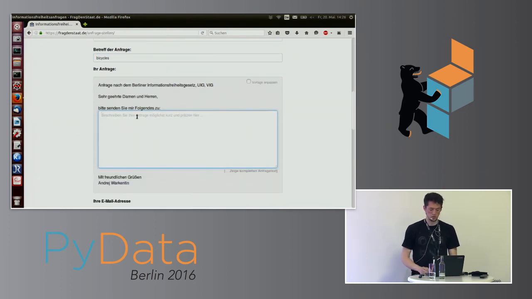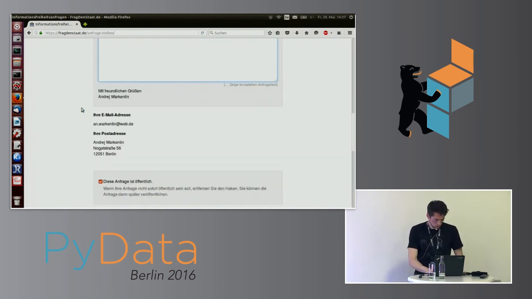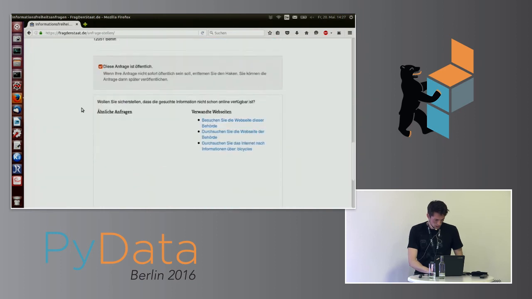Here I would just say: the documents of the plans for the bicycle lanes in Berlin for 2016 or something like that. I wouldn't write it in English, of course, so I'm not doing it here. But if you wrote it here, that's already it.